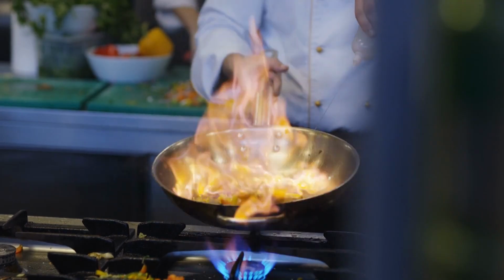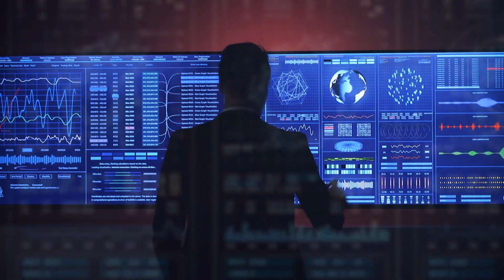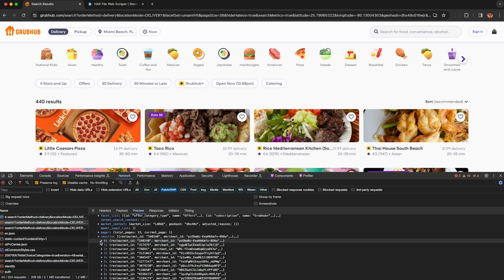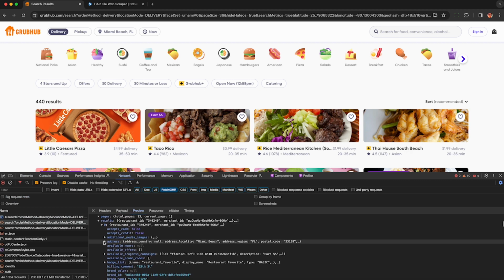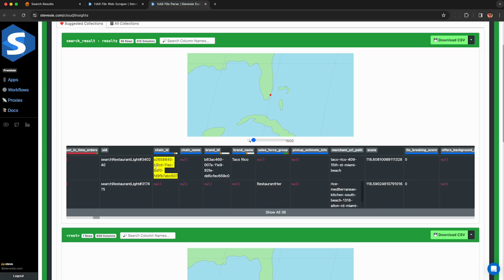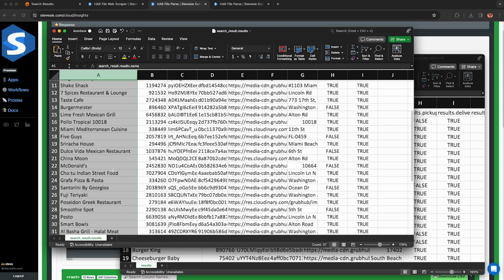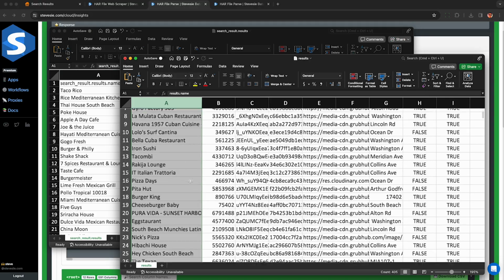If you're craving to scrape some restaurant data from Grubhub, I'm going to show you how to legally do this using only your web browser and a freemium tool that we offer. You'll be able to scrape basic data about the restaurant, address, location, phone number, and detailed data about ratings and